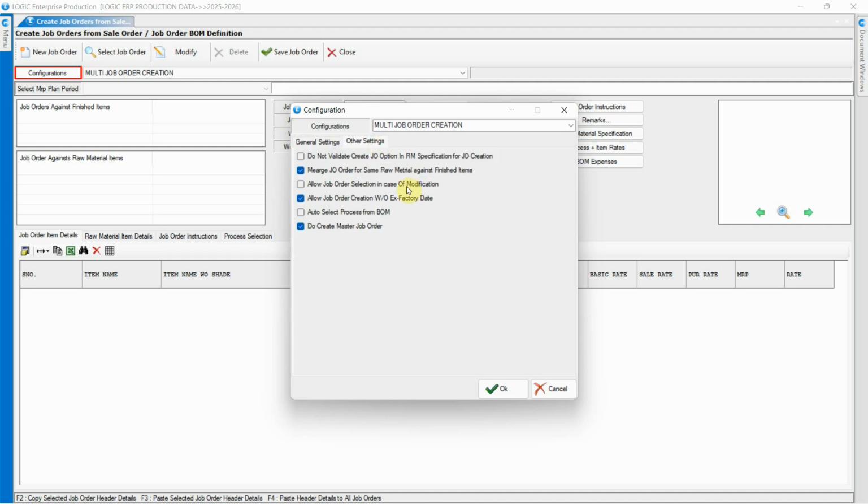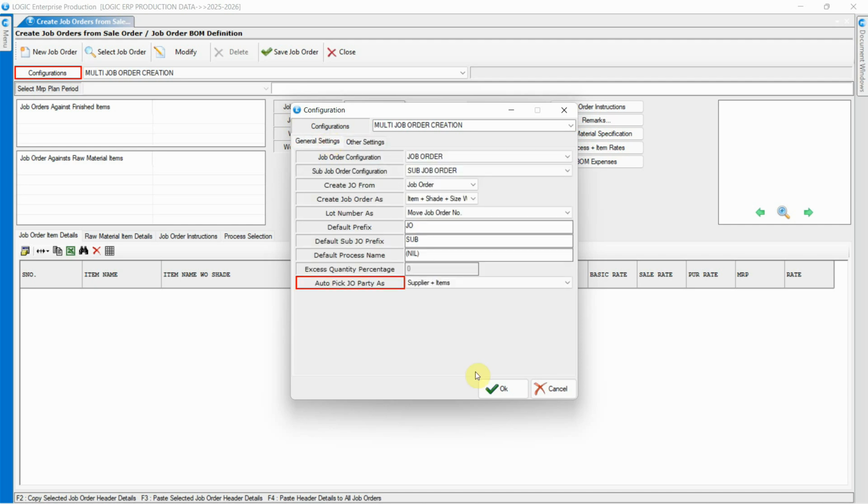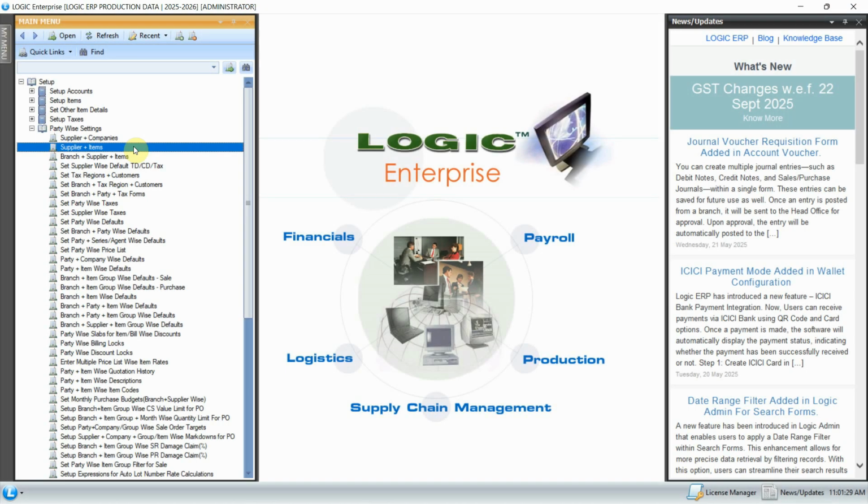In the Other Settings section, you can define how job orders are created and processed during multi-level BOM execution. Tick the required options. Since this job order is being created from an existing job order, the system will not create a new master job order again for the same finished item. Let's also have a quick glimpse of how to do Supplier Plus Item linking.